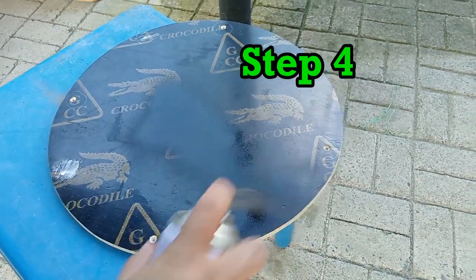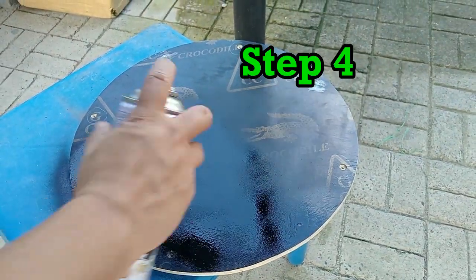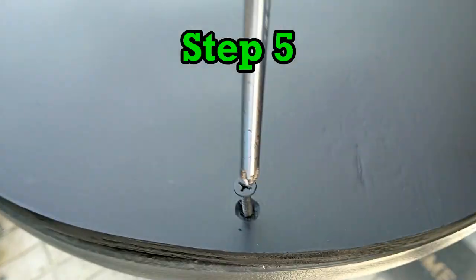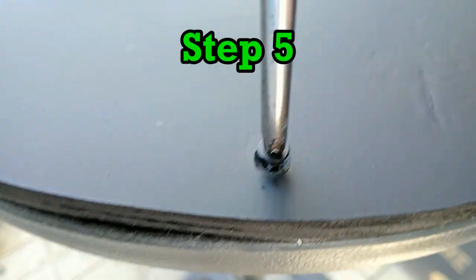4. Clean the board and paint it with black. When using spray paints, make sure you are in a well-ventilated area and wear a face mask to avoid inhaling harmful vapors. 5. When the paint is dry, attach the board with screws to the electric fan base and connect the two